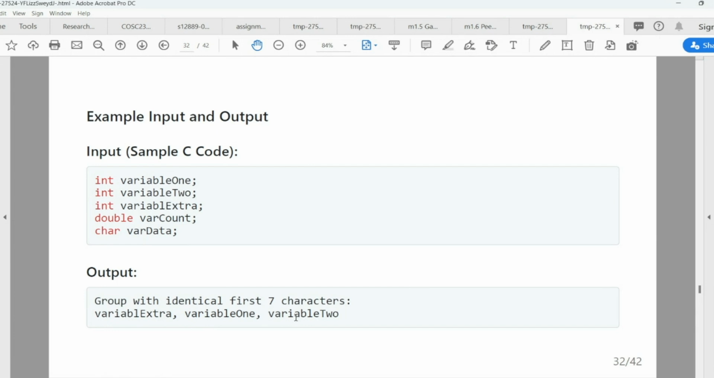Essentially, what that means is when you are making your tree, you only consider the first 7 characters when you determine if it will go to the left side of the tree, the right side of the tree, or stay in the node, right? If you stay in the node, you will append that into your